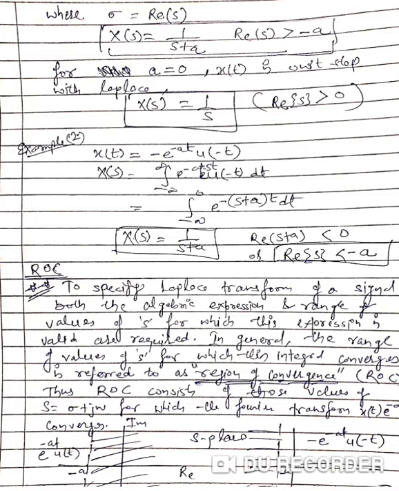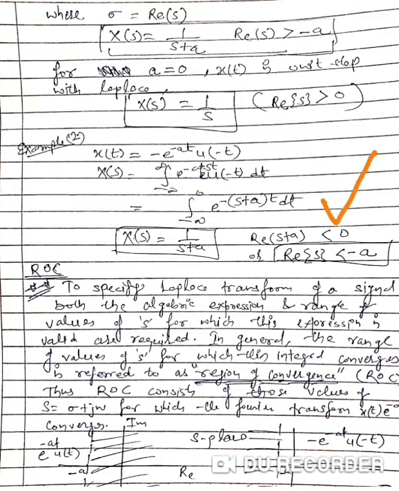Here x(t) is equal to minus of e raised to power minus at into u of minus t. Here also u of minus t is a unity signal, but it is defined for t less than or equal to 0. That is, it is a left-handed signal. So the Laplace transform of this signal x(t) will be integral from minus infinity to infinity of e raised to power minus at minus st into u of minus t dt, which comes out to be